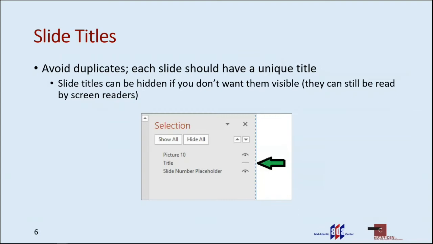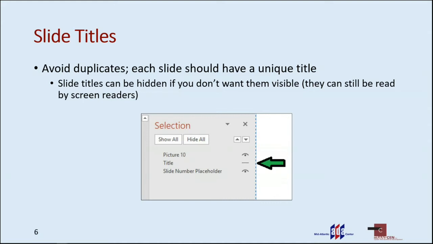Every slide should have a title, and no two should be alike within the same presentation. Avoid duplicate titles. Every slide should have a unique title. People who use screen readers particularly may use slide titles as a way to scan for content, to find slides or sections, and this is why titles need to be unique. Titles will also be helpful if you should need to save your presentation in an outline format. It really helps with the organizational structure of a presentation.